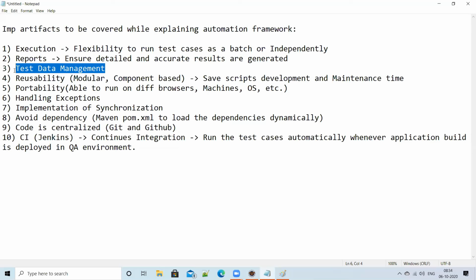So there should not be any dependency. There should not be any hard coding, right? Always it should be dynamic. Okay. So the test data should be maintained in external sources. Mainly people are using Excel. Even some people are using a database. Some people are using a JSON file. Some people are using XML, but the majority of people are using Excel. You can also mention that in our framework, we use Excel to maintain our test data, right?